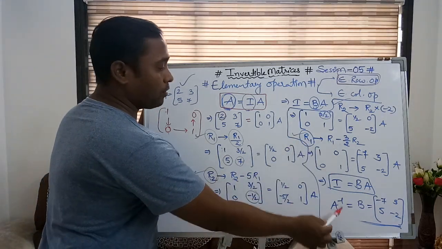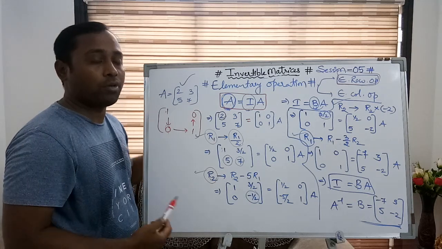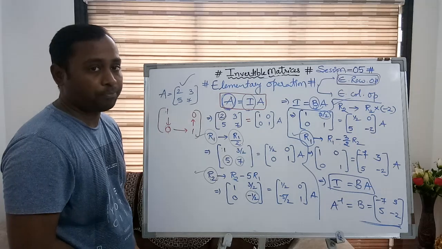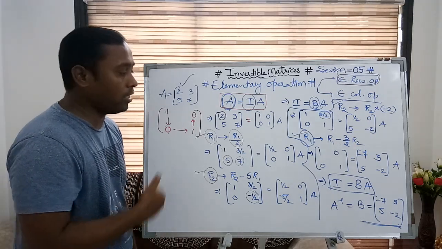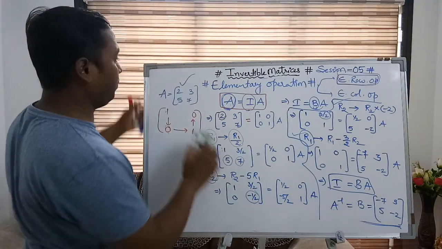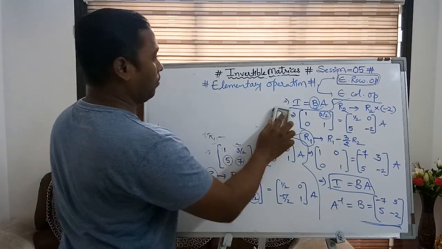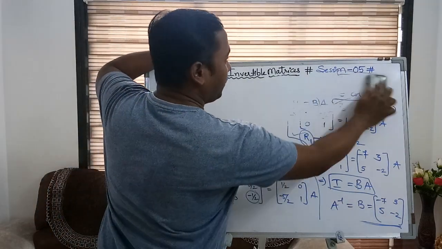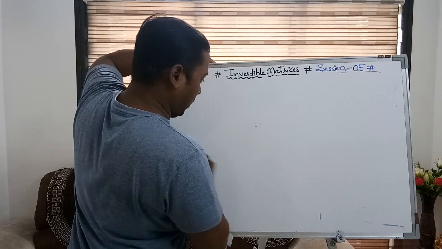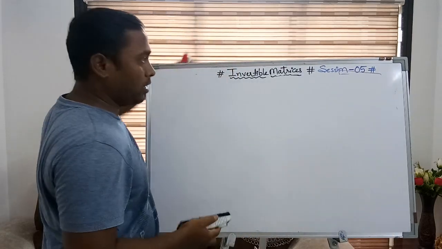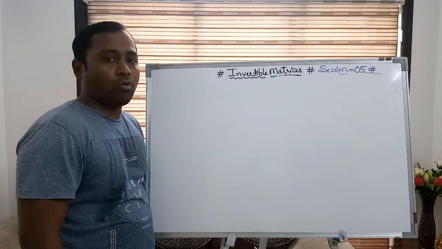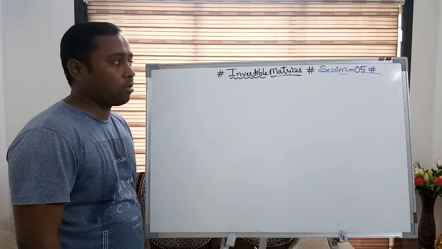So in this manner I was able to get the A inverse. I am taking one more question where you will see the inverse may not exist. Now first I will write the question on the board and then we'll move with this methodology, right? Generally this method is a little bit difficult to understand, but just by practicing you will become expert in this. You need a lot of practice for this.